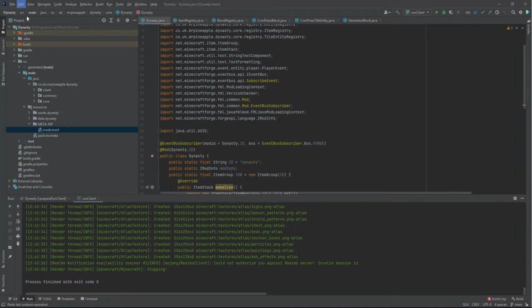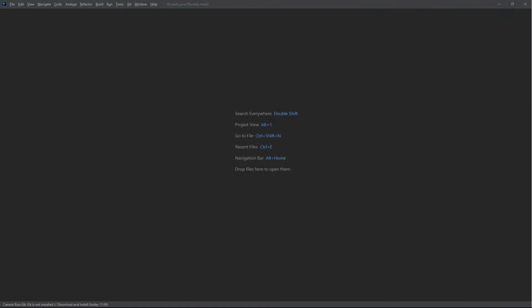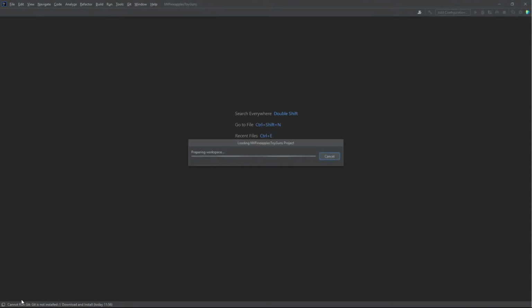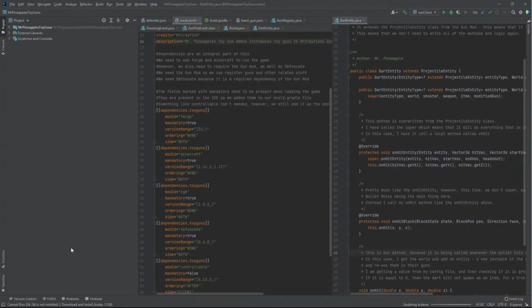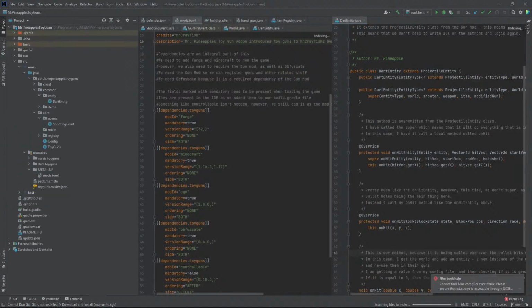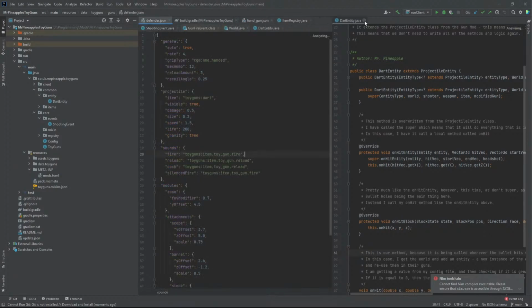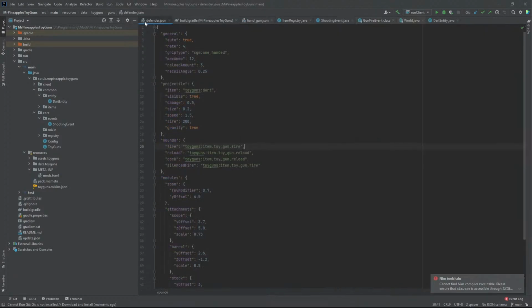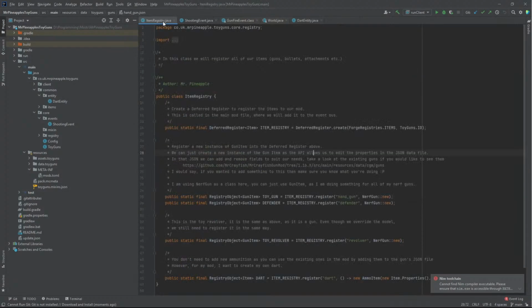However, let's quickly take a look at this toy guns. Let's take a look and see what we've got going on here. The only problem with working on the toy guns mod is all of the comments that I put in, got to work around them. I'm just going to quickly open it